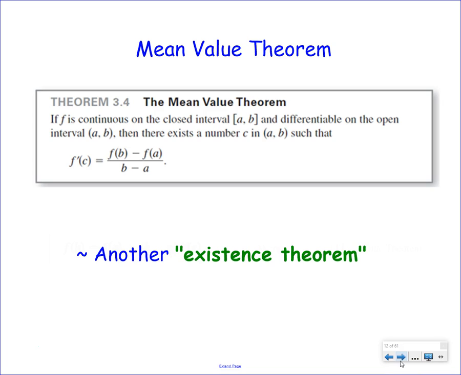So, MVT, I just wanted to break it down for you guys. I said it last year, but I think it's different than seeing it, plus you already have some background and foundation in this. So as you see it, literally, mean average value. There is a place for a continuous function on a closed interval that's also differentiable on the open interval where there is an x equals c such that the instantaneous rate equals the average rate.